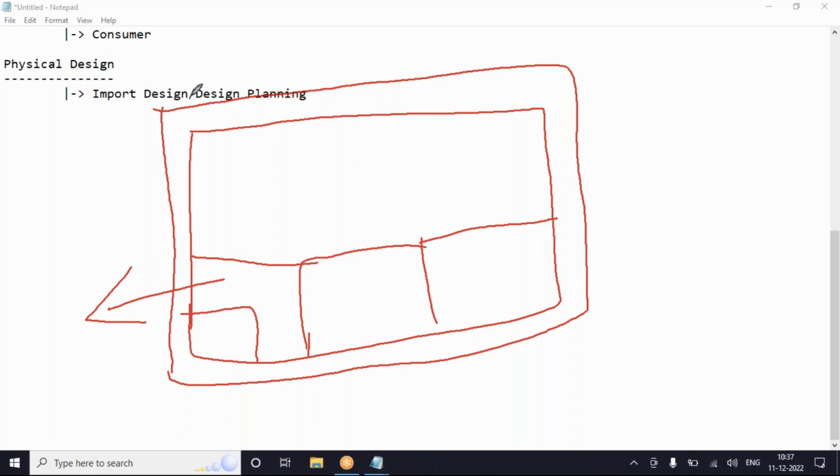Okay, flat level design means RTL to GDS without dividing the logic, and I'm proceeding. There might be multiple modules, but only one person is going to do it. I might take help, but I'm not dividing the logic. For that particular RTL to GDS, I might take help from different people, but I'm performing it. That is called a flat level design. The next step is hierarchical design. Dividing the logic and performing it with respect to 2 or 3 blocks, we will term it a hierarchical design.